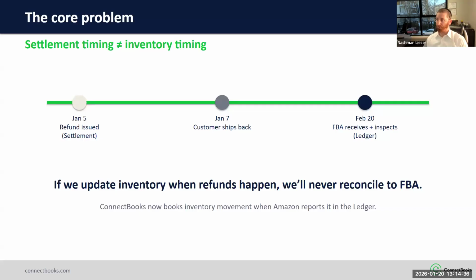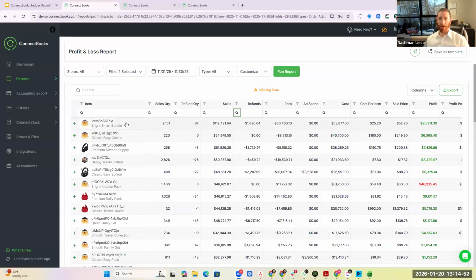Let me show a little bit for a second what that would look like. Give me just 1 second. So over here, I'm going to share my screen. And as you see over here, we made a few updates to the ConnectBooks reports. Like you see sales quantity, refunds. We used to have one column. And one of the main reasons we changed this was to be able to properly